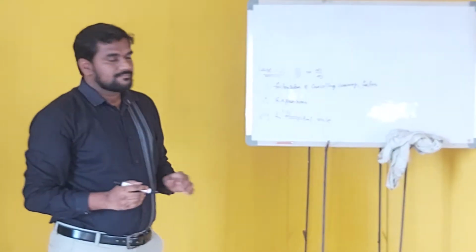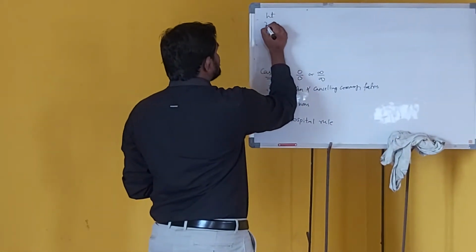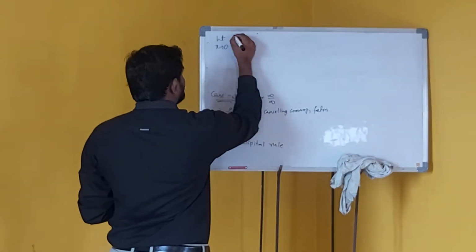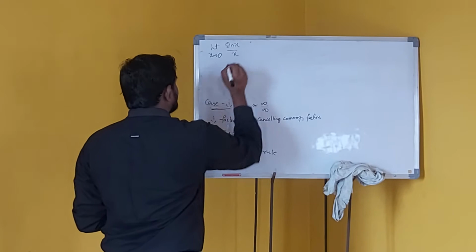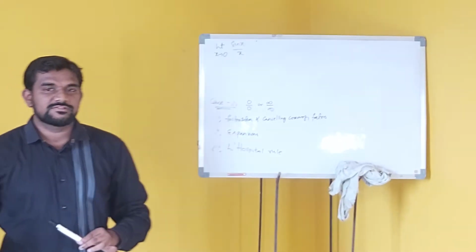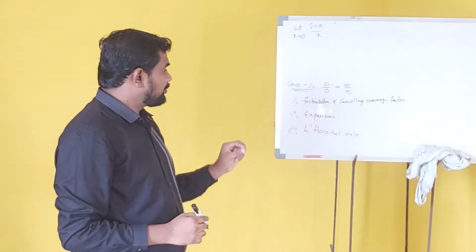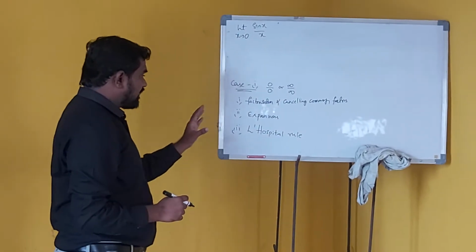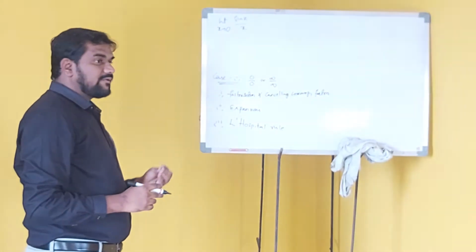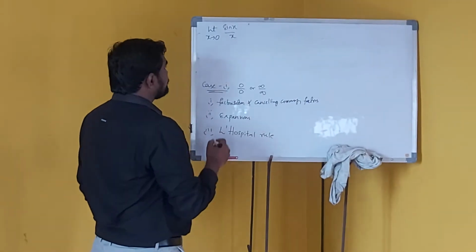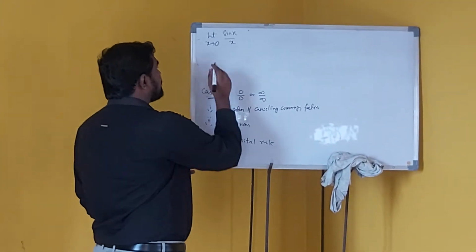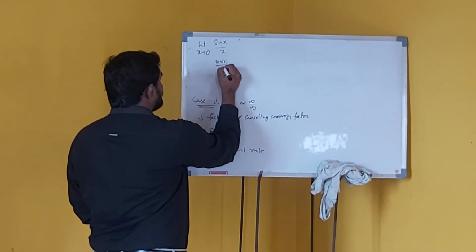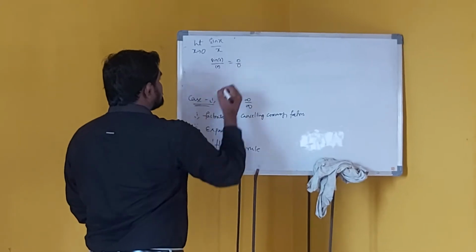Right. Limit as x tends to 0 of sin x by sin x. Of course, by other means it's already 1, but I just want you to prove it by one of the L'Hospital rules here. We have several methods. You can choose any method, but whichever is saving our time is what we want to do. There is no piecewise function, so what to do now? Simply put the tending value in place of x. So we get sin 0 by sin 0, which is going to be a 0 by 0 form.